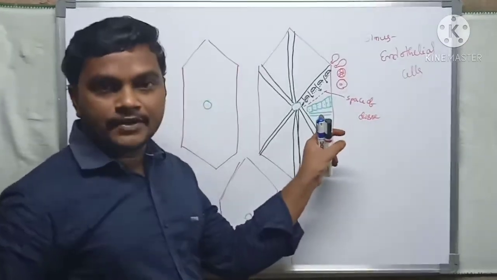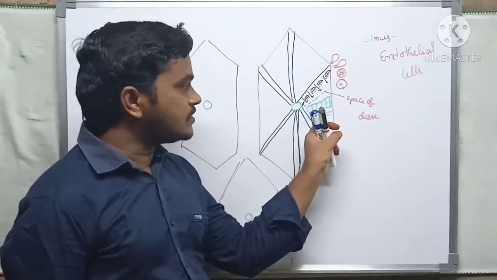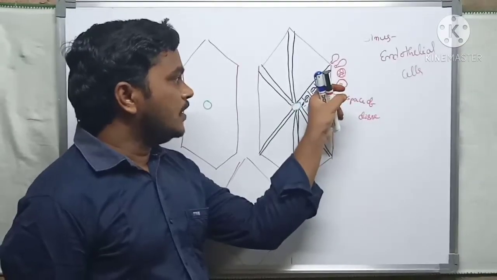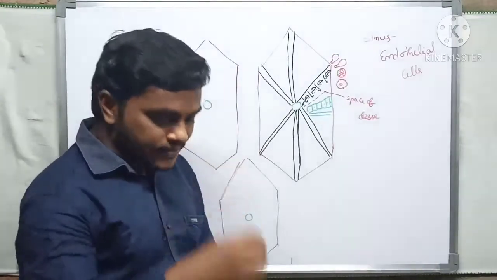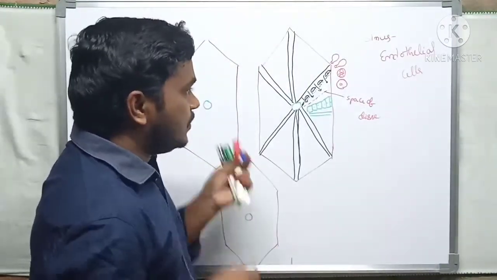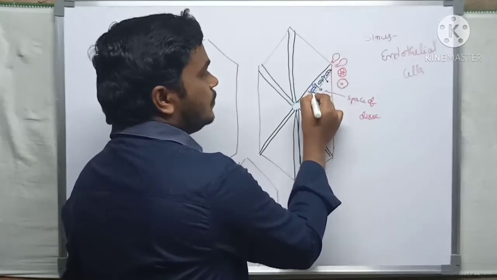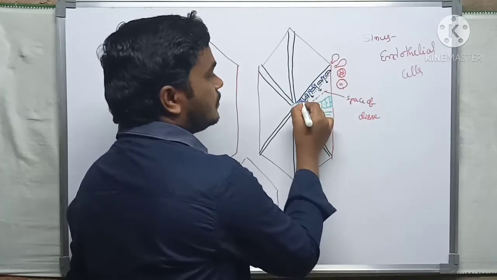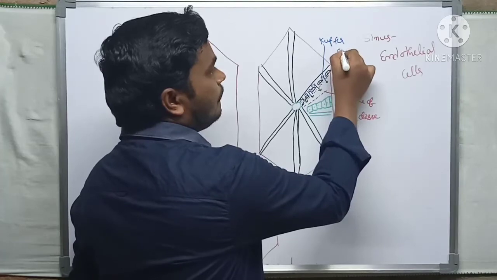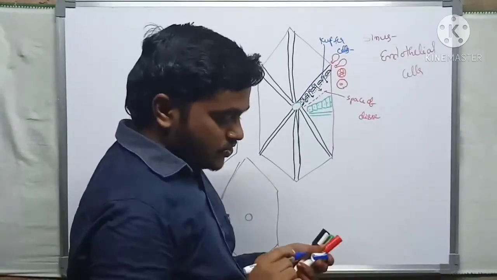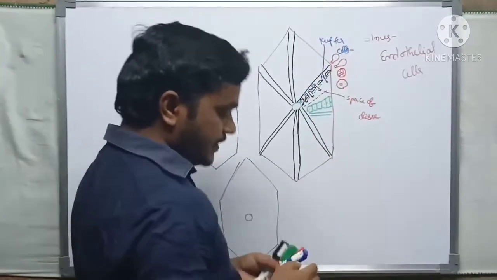This is the actual location of the hepatocytes, the hepatic cords. There is a big nucleus in the hepatocytes. Here we see endothelial cells. Along with the endothelial cells, on their walls, we have the phagocytic cells of the liver. Those are Kupffer cells. These are phagocytic cells, fixed phagocytes derived from monocytes on the endothelial cells.